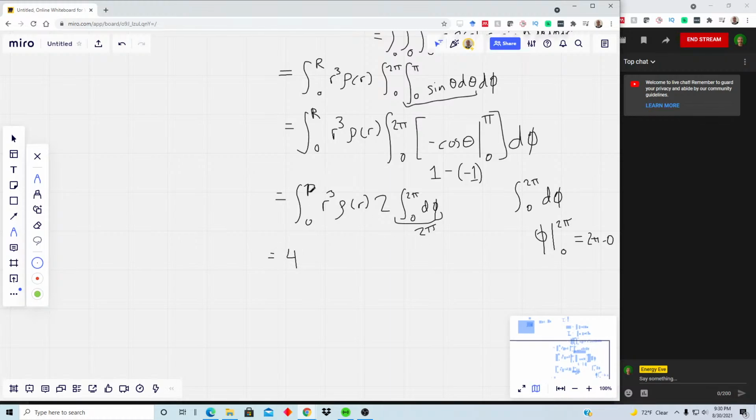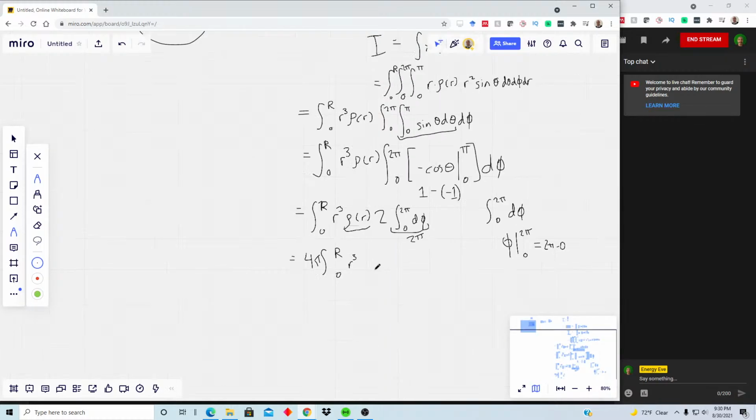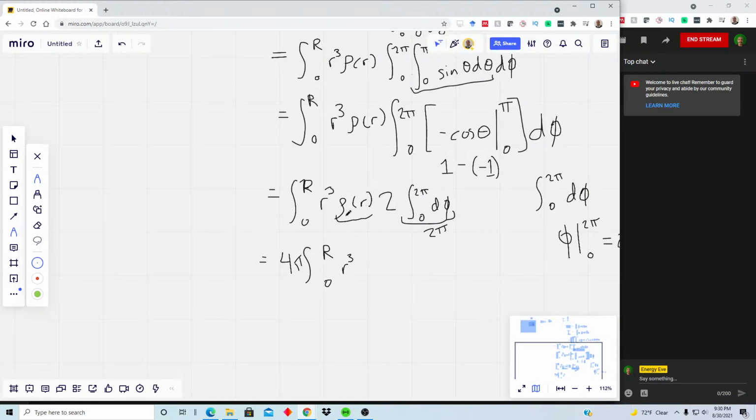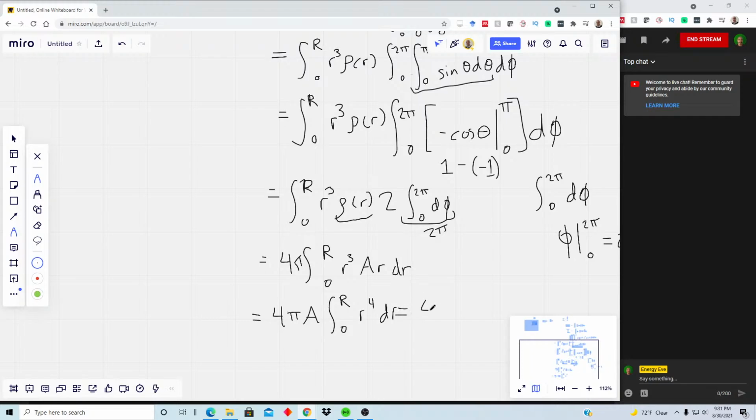So 4 pi times the integral from 0 to R of r to the third. And remember, what was this? It was ar. So we'll actually plug this in right here. And so as we're working this out, we can pull the a out because it's a constant. We get r to the fourth dr is equal to 4 pi a,